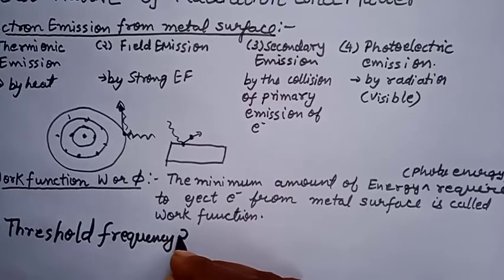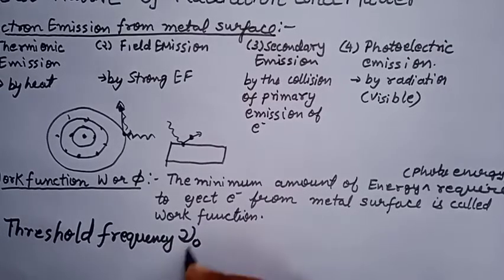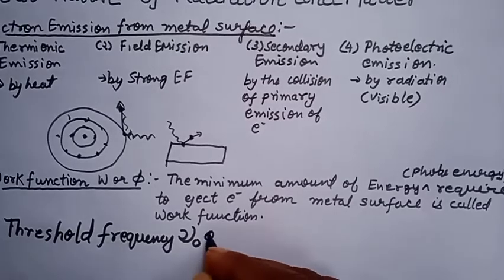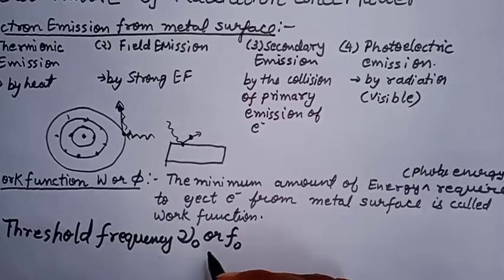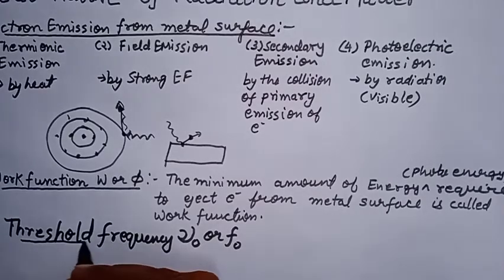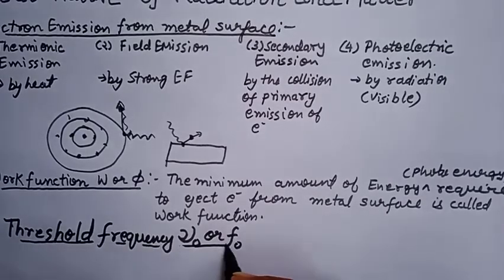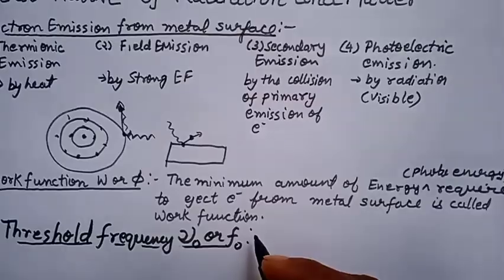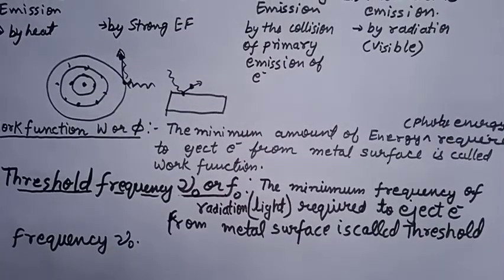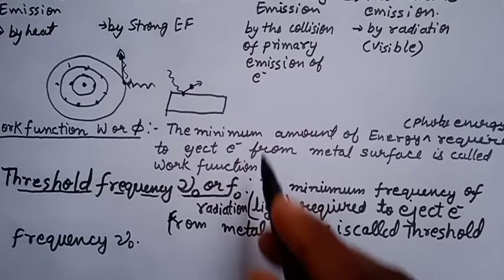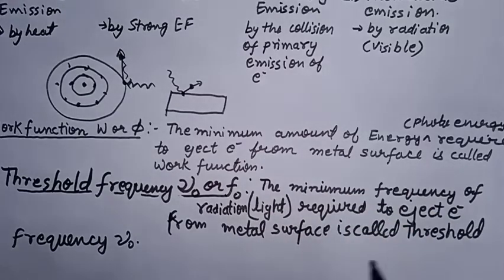Its symbol is nu subscript naught, or f naught, but I prefer nu naught. So here it is. The minimum frequency of radiation, especially light, required to eject an electron from a metal surface is called threshold frequency. So you can see there are quite common words in both the definitions, because